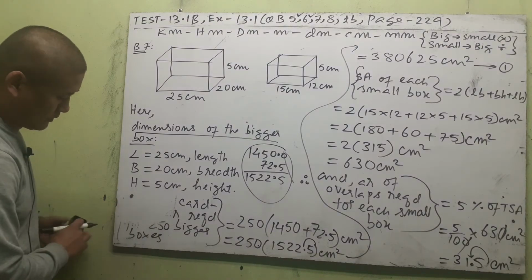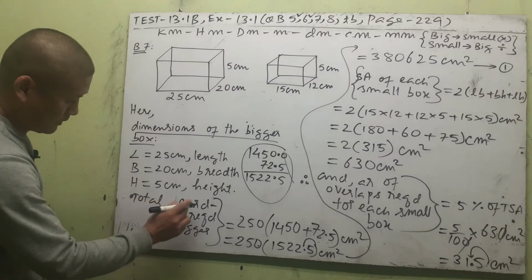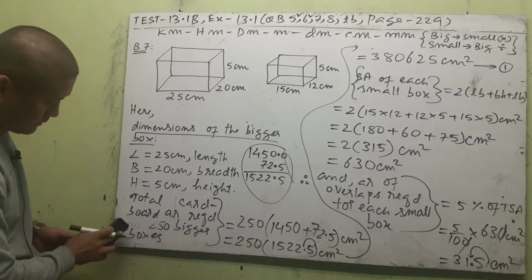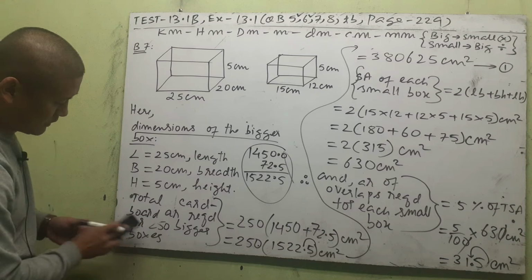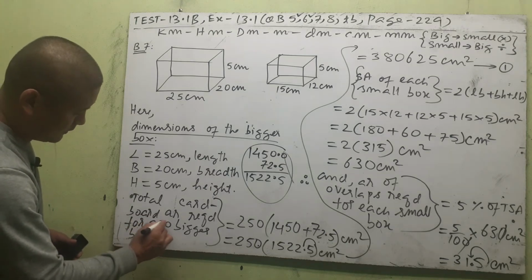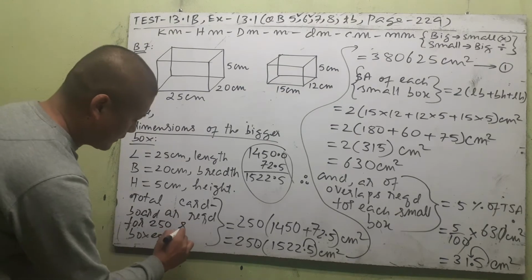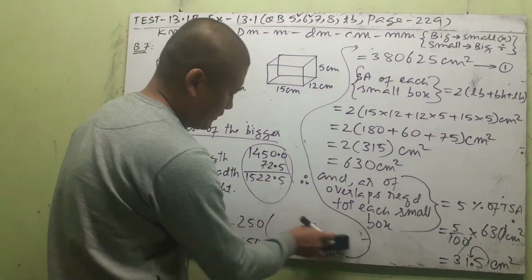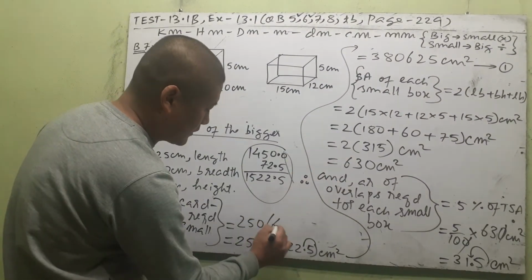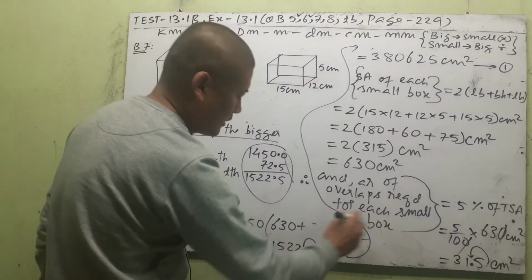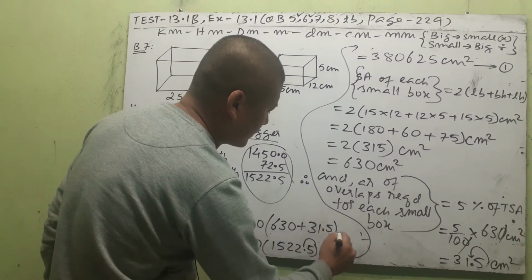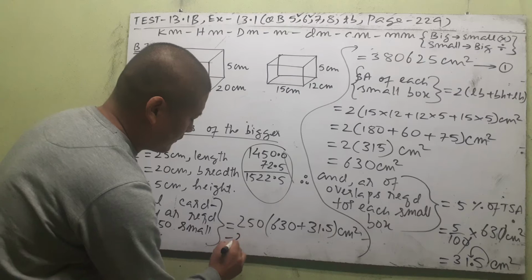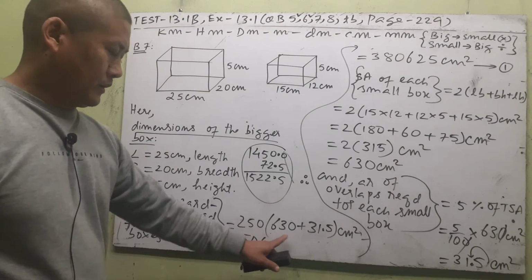Then we can write here the total cardboard area required for the same thing, only the same process, 250, but this time small boxes. It will be 250 multiplied by, just like we did for the bigger box, the total surface area of one small box, 630, and the overlap required for each small box, 31.5. You add it, and then we're going to get 250 into 630 plus 31.5,